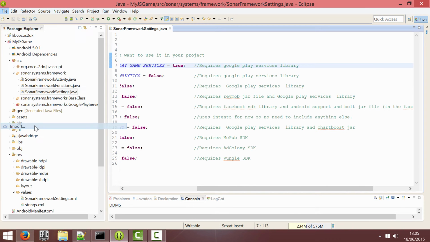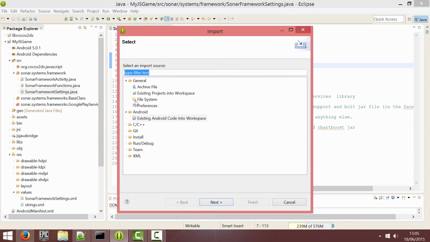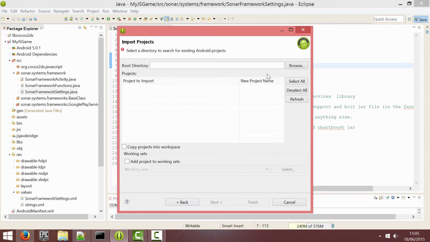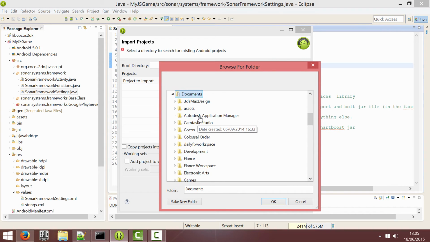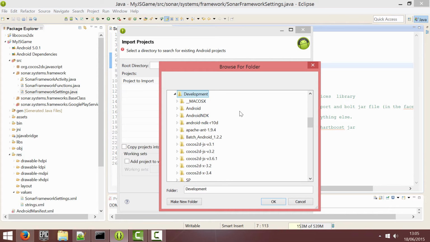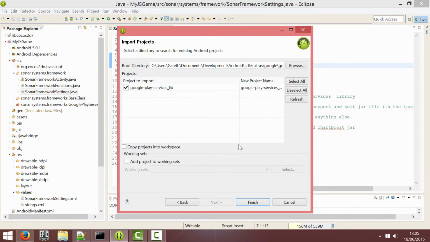So you can go File, Import, Existing Android Code into Workspace, click Next, and then browse that location. So mine is Documents, Development, Android SDK, and then it goes to Extras, Google Play Services, and then click on Lib Project, click OK, and you should see the project ready to import. So click Finish,